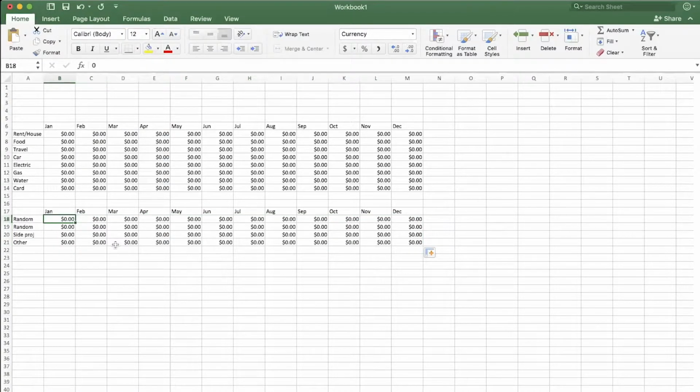Now, for my first random income, I'm going to put in, what's a lot? I'll put in 8,000. That seems like a lot to me. It's probably not a lot to everybody. And then for secondary job, let's say secondary job is 4,000. And side project, maybe the side project brings in $100 a month. And other, well, this one might not be every month. My birthday is in May, and so I will put in $50 for my birthday. Once you have put those numbers in, then we can do maybe a little formatting.